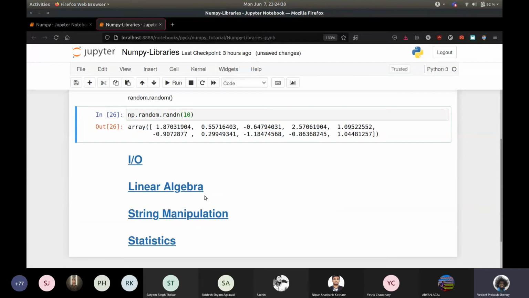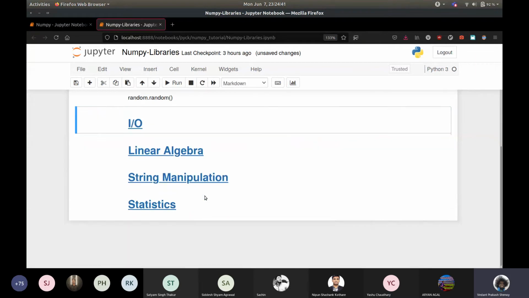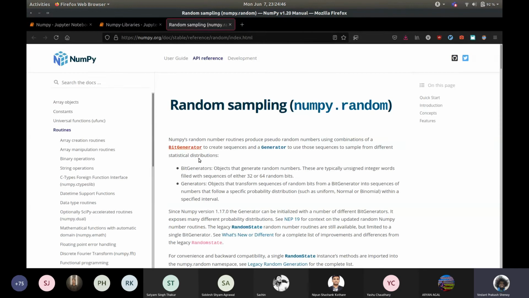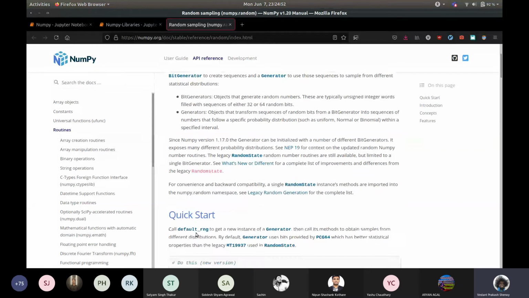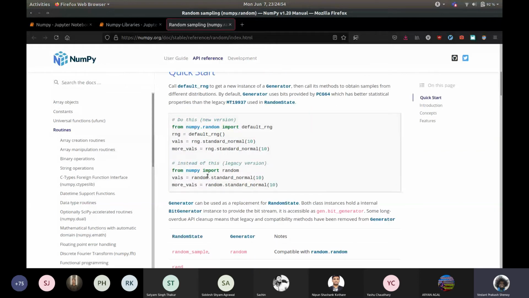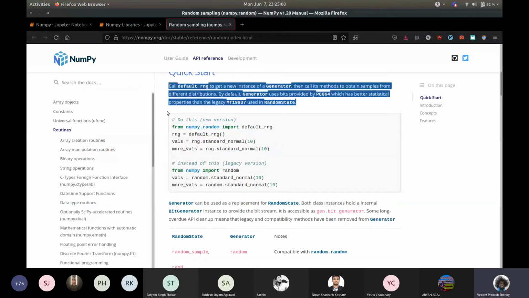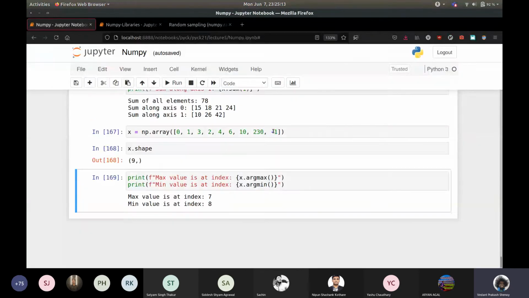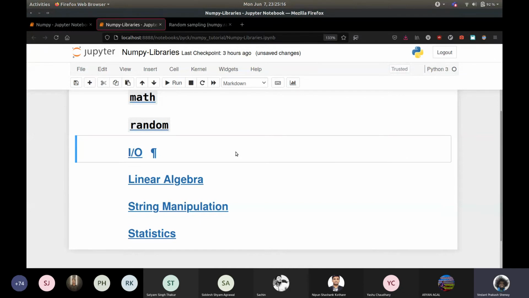Yeah. So this you have to give the number like this. So yeah, again, you've seen the random library before. I won't go into it in too much detail. If you want, you can check this out. It tells you the newest way of doing this random generation. It gives you an example here. So what I showed you was sort of the old legacy version. The new version is a much better implementation, if you understand how random numbers are generated, pseudo random numbers I should say, then this is a better way of doing it. So you can read through that at your own convenience.